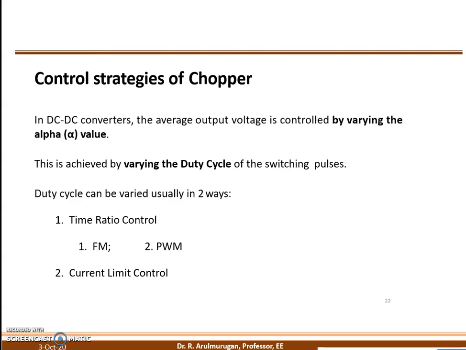What are the converters? AC to DC conversion is called a rectifier. DC to DC conversion is called a chopper, and DC to AC conversion is called an inverter. AC to AC conversion is called a voltage regulator, and a cycloconverter, you can say about that one. These all are the power circuit.